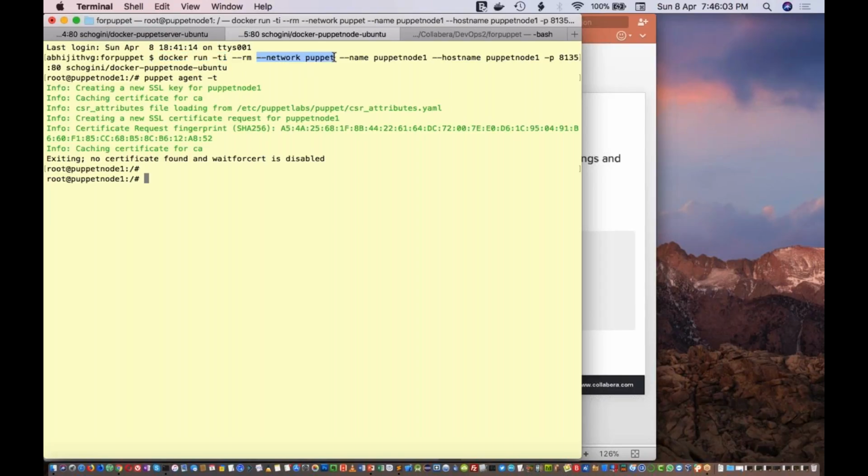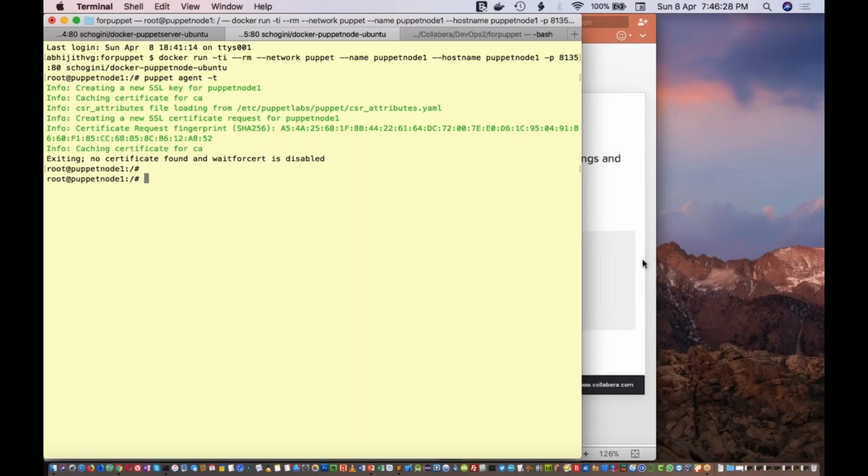Then we are specifying that the container should be in this particular network. Then I am giving the name for the node as puppet node 1, and I am specifying the host name for the node as puppet node 1, and I am porting this particular IP address so that I can browse and see. And this is the name of the image that I am using.